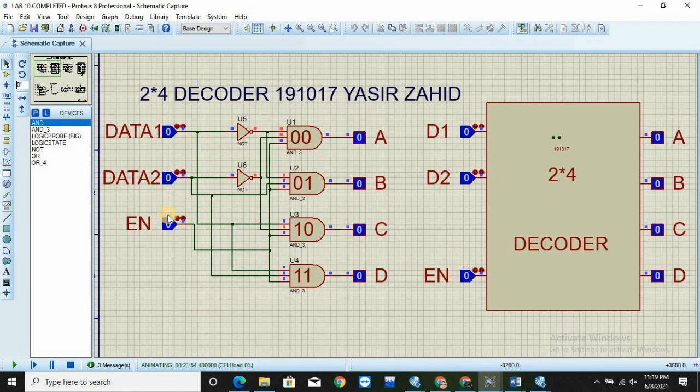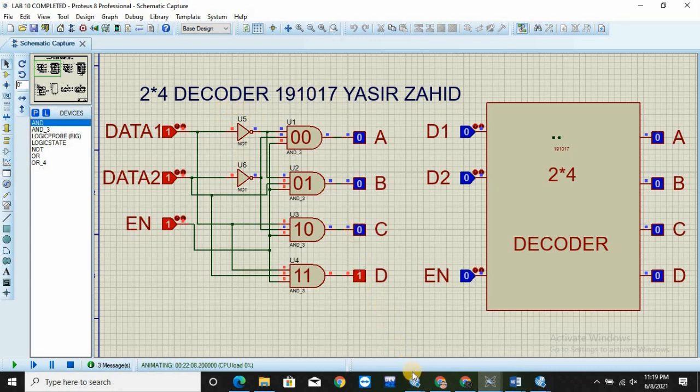First of all, coming to the Proteus part, we will set this enable to high, and these selection lines are going to select the input out of A, B, C and D. For 00 we will get our output at A, for 01 we will get our output at B, for 10 we will get our output at C, and for 11 we will get our output at D. Basically what we play with is this data in the decoder and then these selection lines. So we have a similarity between decoder and demux, which we will discuss at the end.